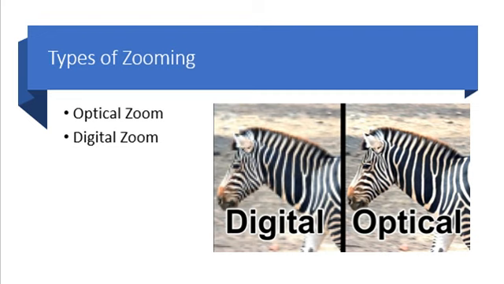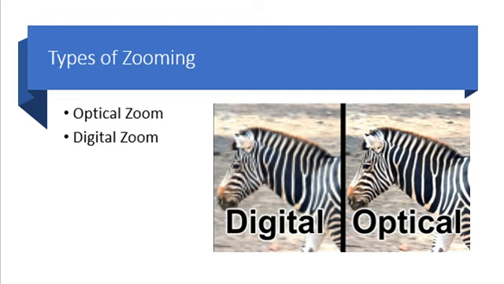So there are two types of zoom: optical zoom and digital zoom. The optical zoom is achieved using the movement of lens of your camera. An optical zoom is actually a true zoom. The result of the optical zoom is far better than that of the digital zoom. In optical zoom, an image is magnified by the lens in such a way that the object in an image appears to be closer to the camera. In optical zoom, the lens is physically extended to zoom or magnify an object.